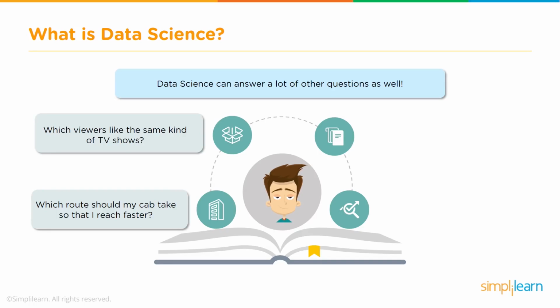Now all these come as inputs, and a decision needs to be taken as to which is the best route. Another example is TV shows. Netflix and maybe even a lot of other TV channels have to perform this analysis to find out what kind of shows people are viewing, what kind of shows people are liking, and so on, so that they can then sell this information to advertisers, because their main source of revenue is advertising. So this is again a major function of data science.